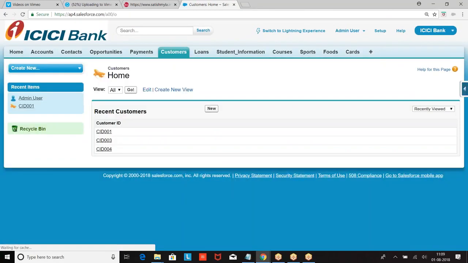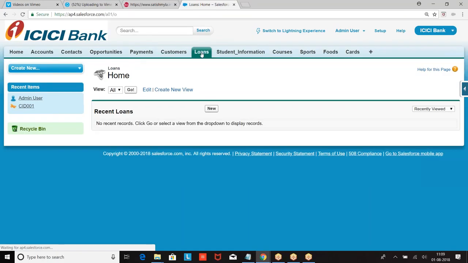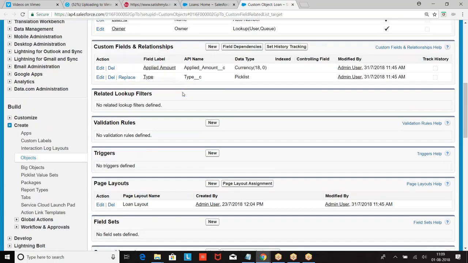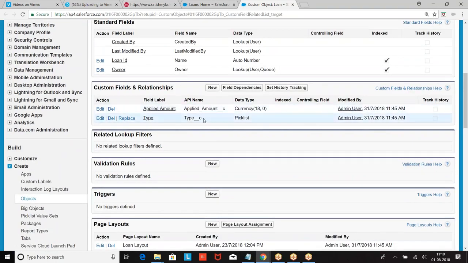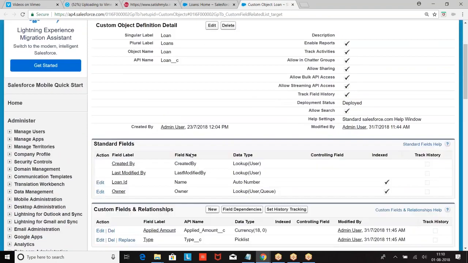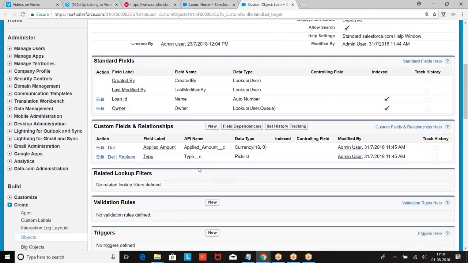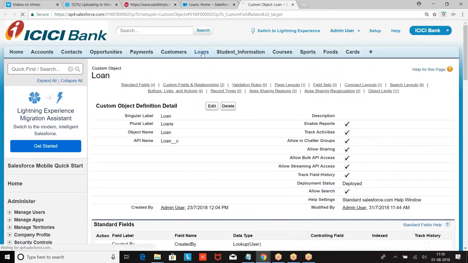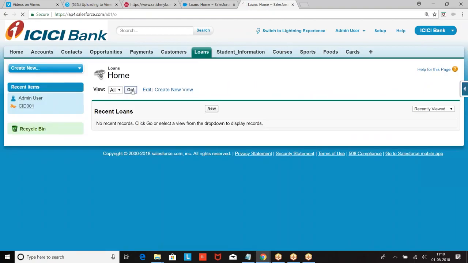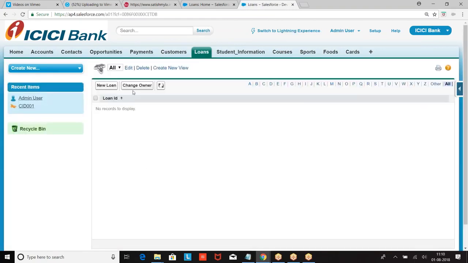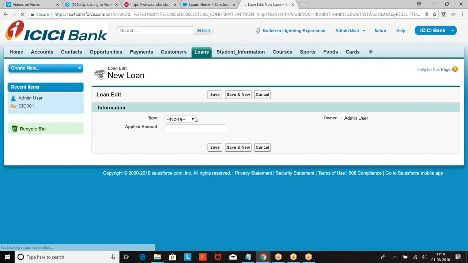Now, go back to this. So what was the relation that we had? Payment, loan, payment. Now what I'm trying to do, already there is some data in the loan object, if I'm right. Go to the loan, new loan.